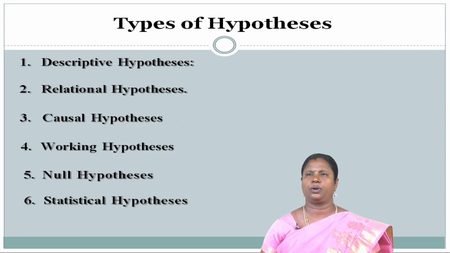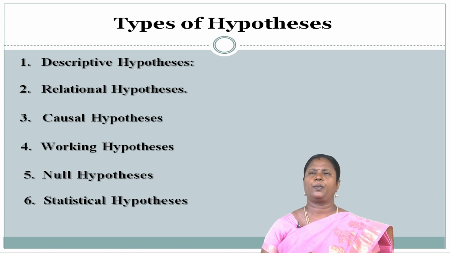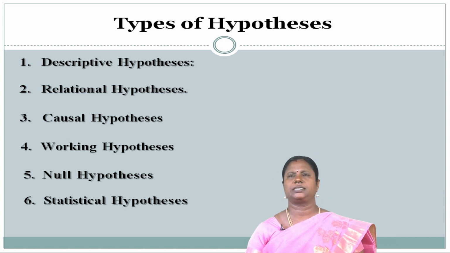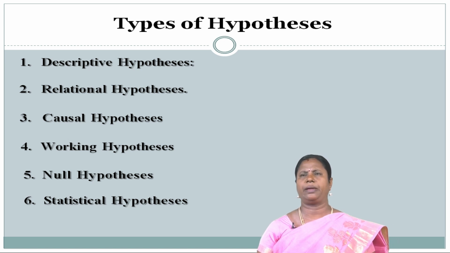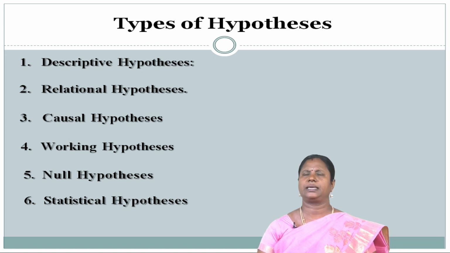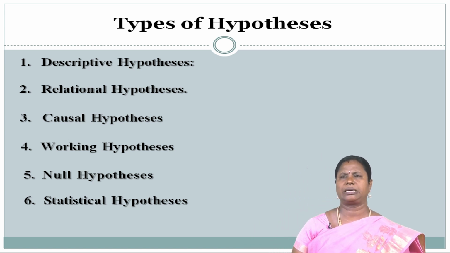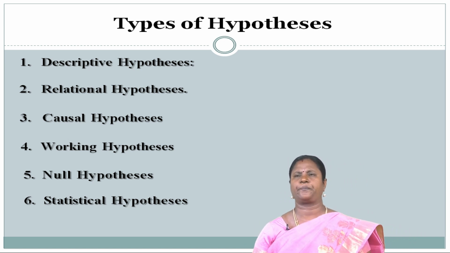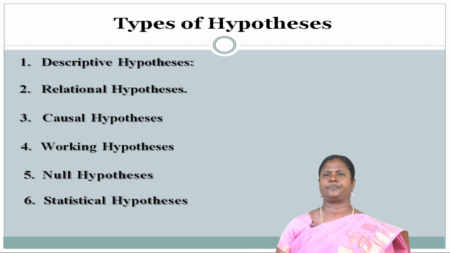Then, types of hypothesis. Descriptive hypothesis. These are propositions that describe the characteristics such as size, form or distribution of a variable. The variable may be an object, person, organization, etc. For example, the rate of unemployment among arts graduates is higher than that of commerce graduates. The educational system is not oriented to the human resource needs of a country.